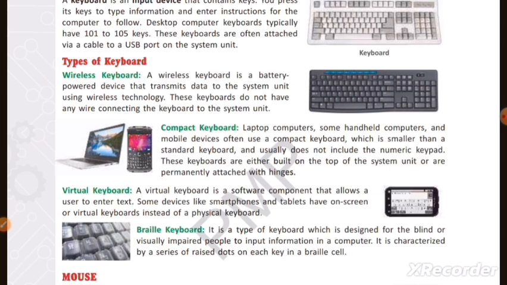The next type of keyboards are compact keyboards. Laptop computers, some handheld computers and mobile devices often use a compact keyboard which is smaller than a standard keyboard and usually does not include the numeric pad. Means laptop computers or our mobile phones generally have a keypad that doesn't contain numeric keys. Means you might have seen your mobile phone that comes